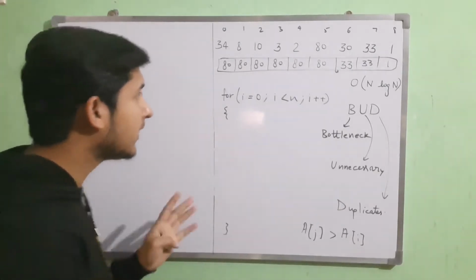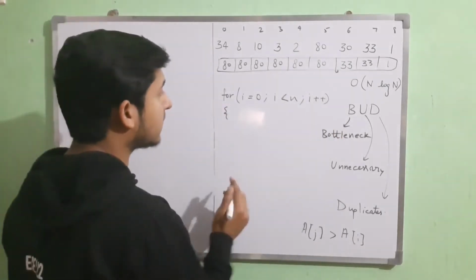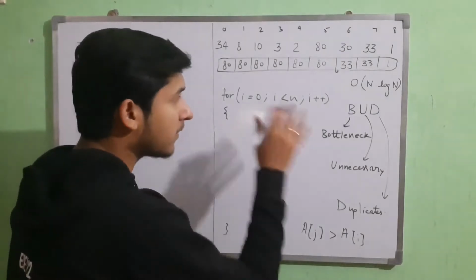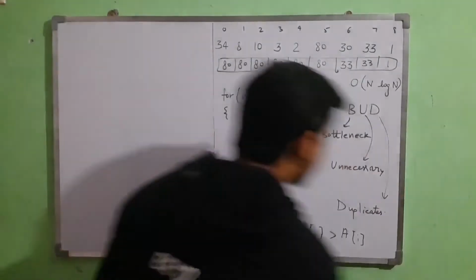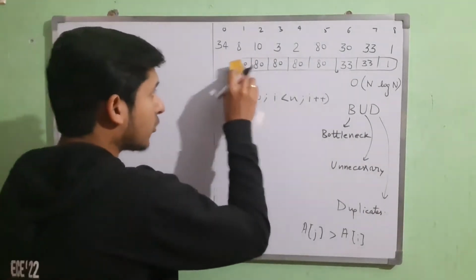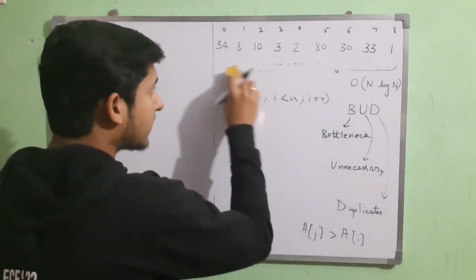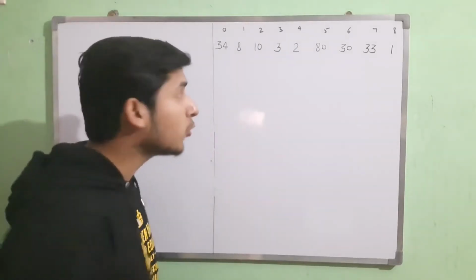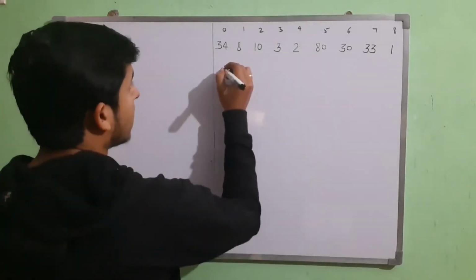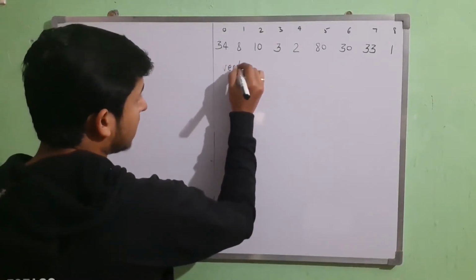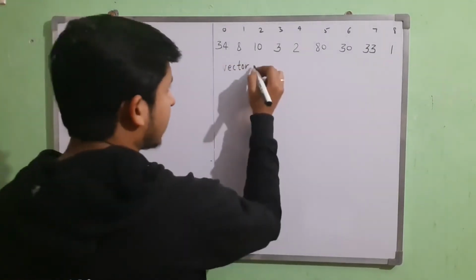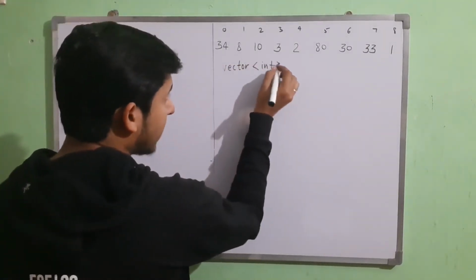So what we will do here is, I got this, and now before this I also need to create the auxiliary array in my code. So let's write the code for this auxiliary array. Now what we are going to do is create an auxiliary array that can be a vector as well of integer type.